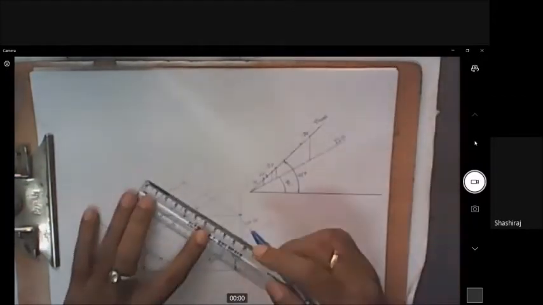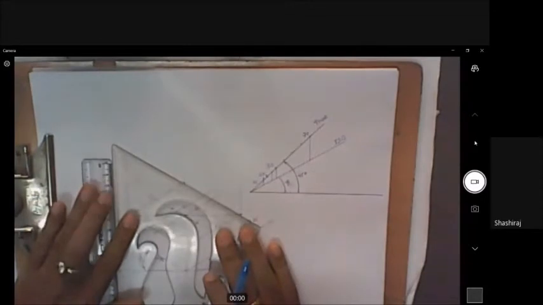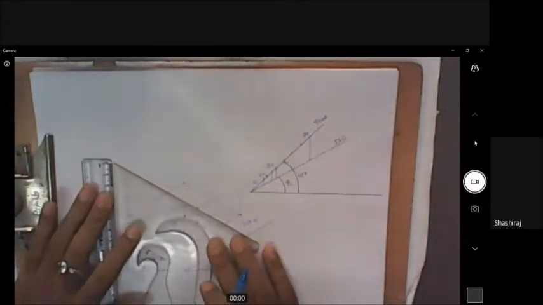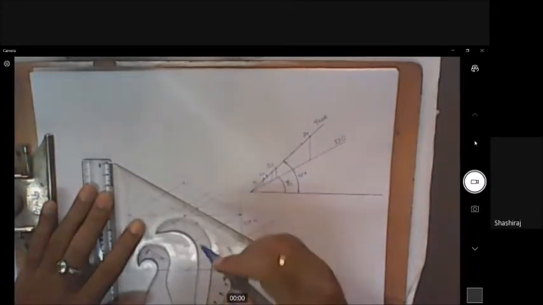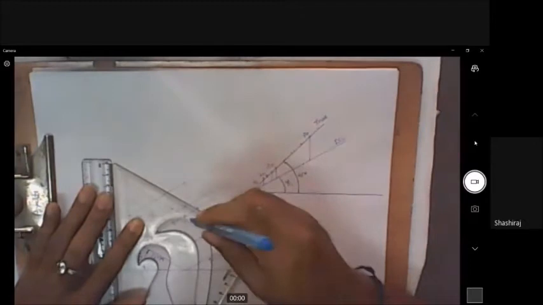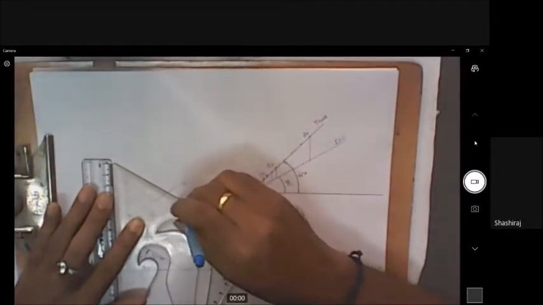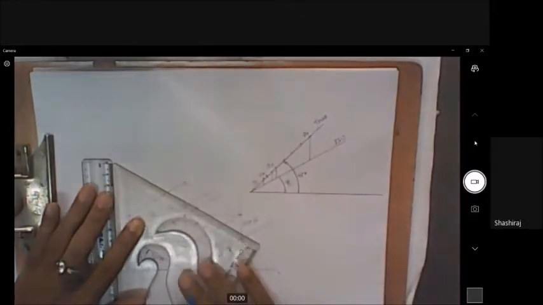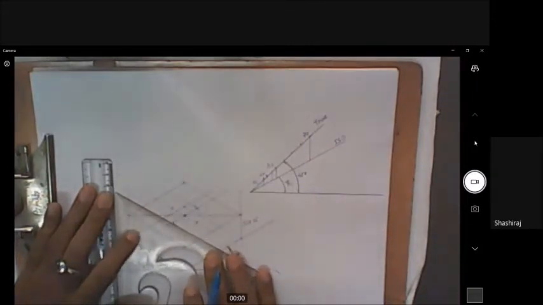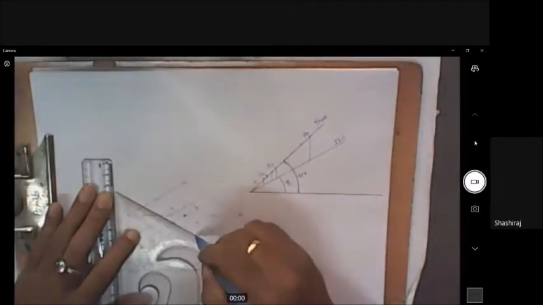So when I draw only, I'll get the face. I'm drawing parallel now. I'll keep this edge like this. I'll slide this set square till I get the point. So I got the point. At this point I should draw a line like this. And one more point is there on the other side. So I'll keep it at that point and draw a line like this.